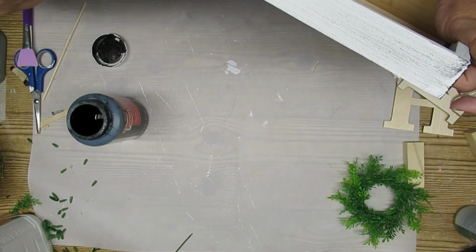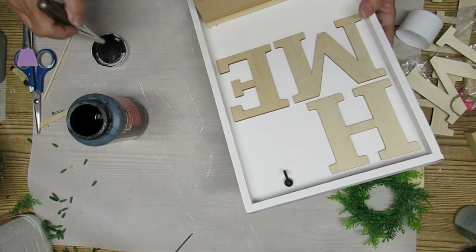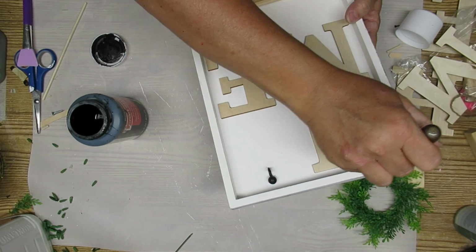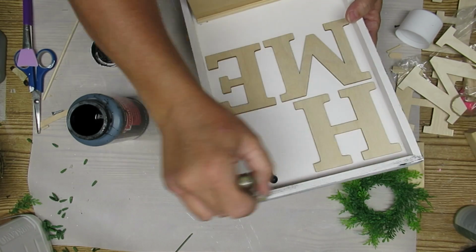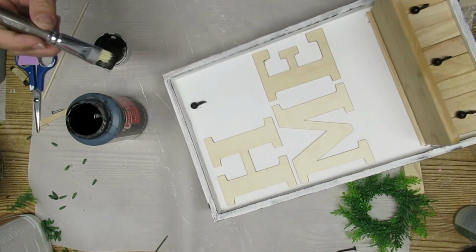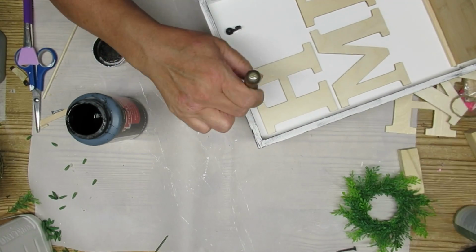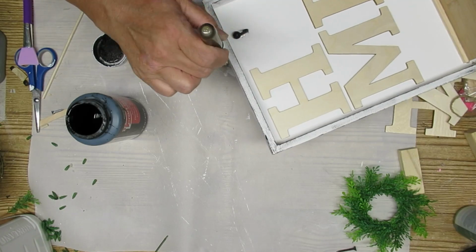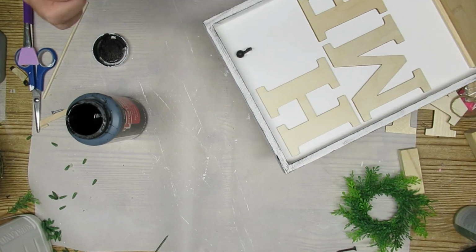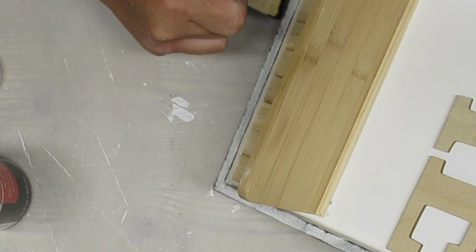Now I'm going to take a little chip brush and distress with some black. It's just a dry brushing technique. I'm going to go all along this way first, and then I'm going to do some extra along the edges. I like to give the edges of the frames some more distressing, so I'm just kind of taking my brush and flicking it right along the edge so it has more of an outline and you can really see the